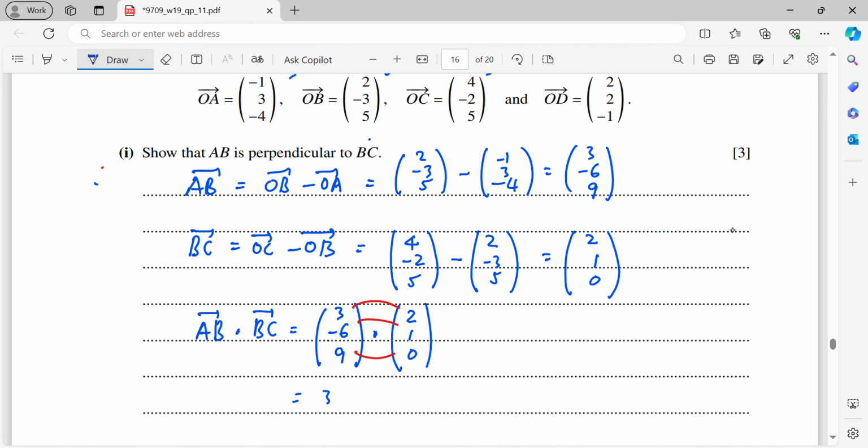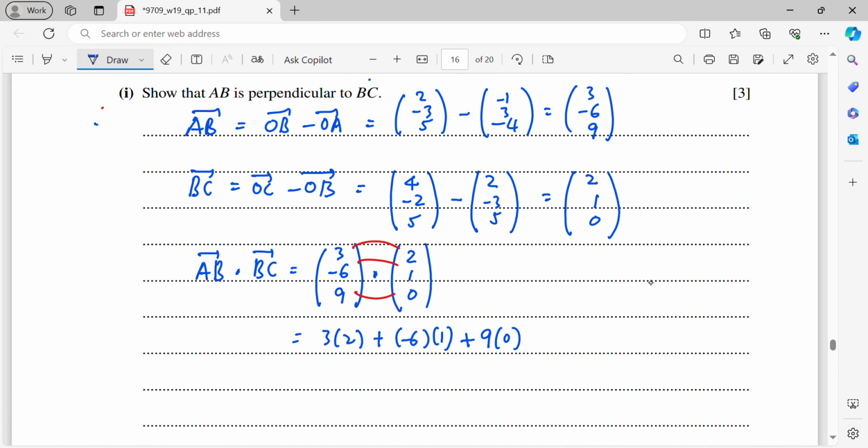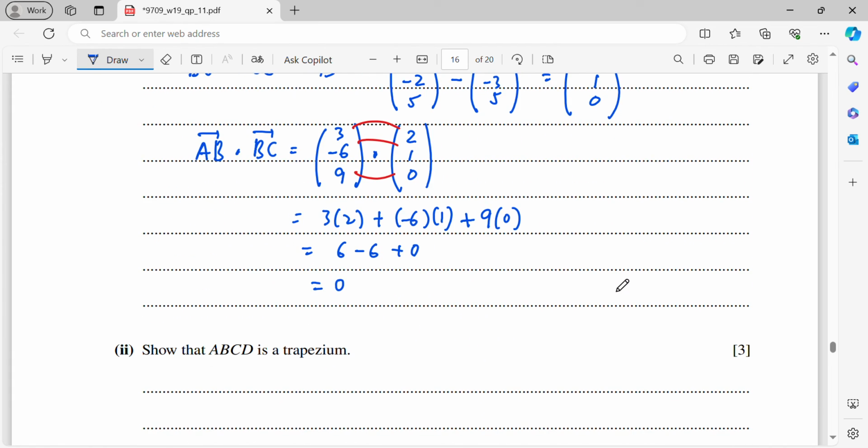So I'll get 3 times 2 plus minus 6 times 1 plus 9 times 0. Then from here, I will get 6 minus 6 plus 0, that is 0. So you will just write here, since AB dot BC equals 0,